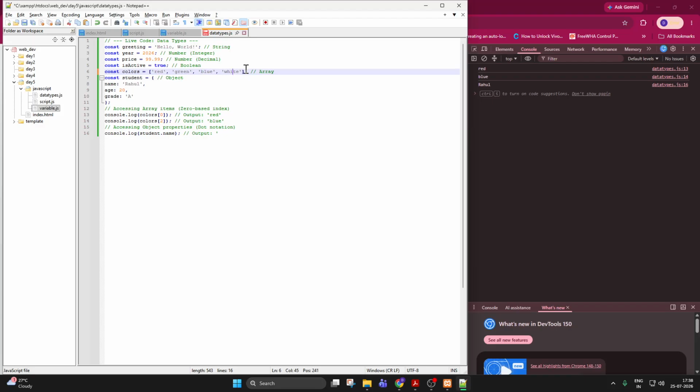If I have to access white, then I will write 3 here. If I have to access green, then simply count 0, 1, and I have to update this to 1. In the console it will show me white first, then green. If I have to access the grade,